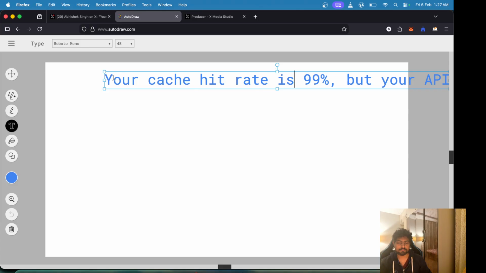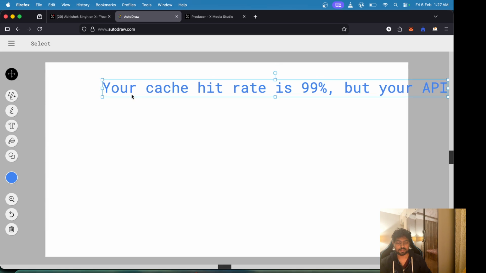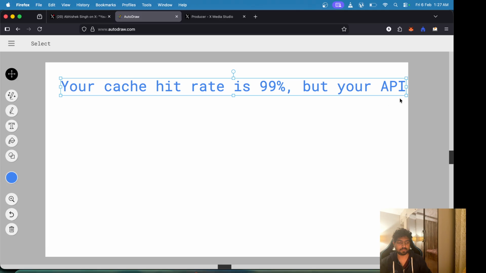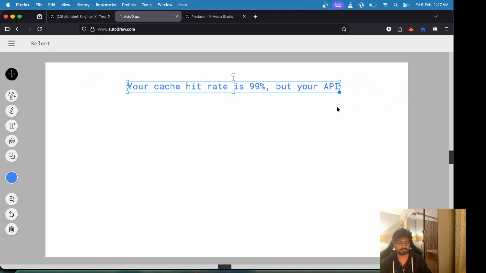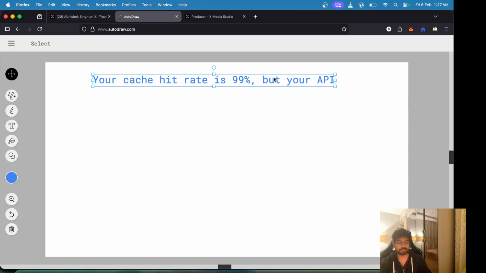So this is one of the first sessions that I'm doing, and I plan to do more like these, where I just tweet about some system design problems and then try to make a video out of it to explain how to solve these problems.